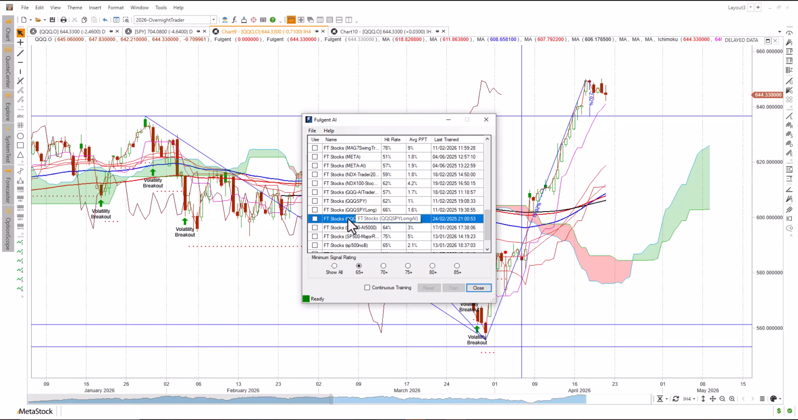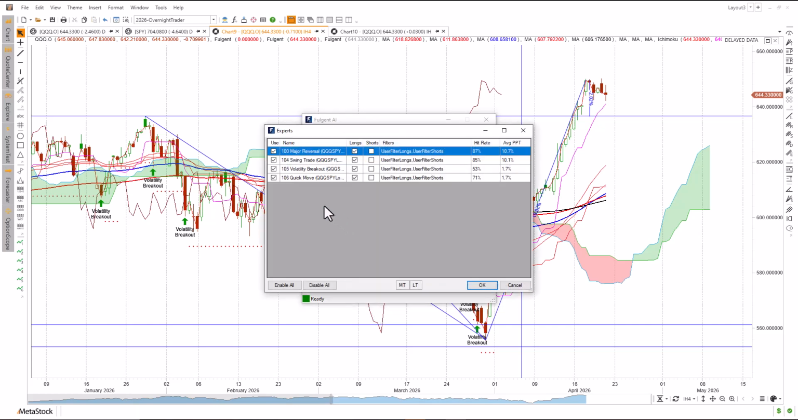Here's an ETF AI that I've traded on the Spider and QQQ ETF. We can see the major market reversal signal is on average 87% accurate over the 10-year period. Swing trades are 85% accurate on average, with average profit per trade of about 10%. That's over thousands of trades over the last 10 to 15 years while developing the AI on top